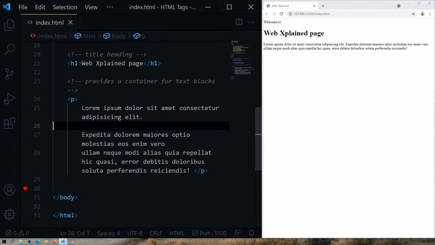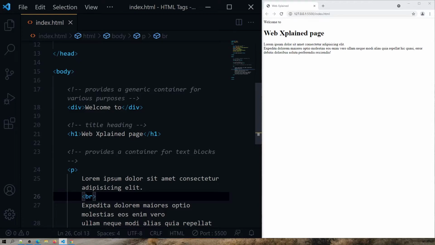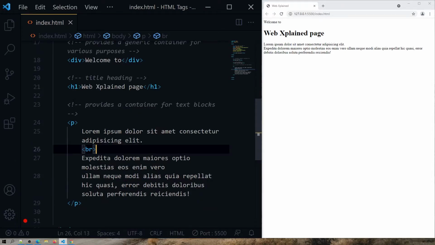I have given a new line here, but the browser doesn't recognize the new line and all the text is in the same line and wraps when the width is fully taken. This is because HTML automatically trims the white space and treats it as a single space. If you want to give a new line, we can give it using the BR tag, the line break tag. You can see that BR tags are self-closing tags. It doesn't need a closing tag. Paragraph tag, heading tags, divisions, they are all block level tags.